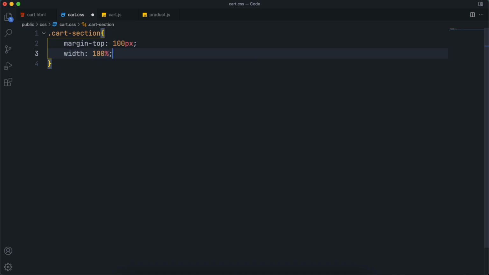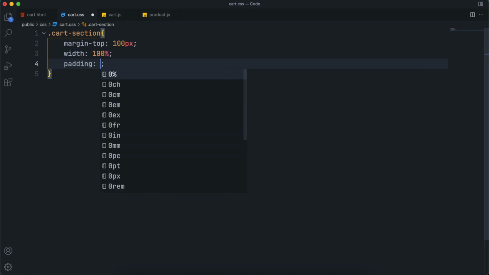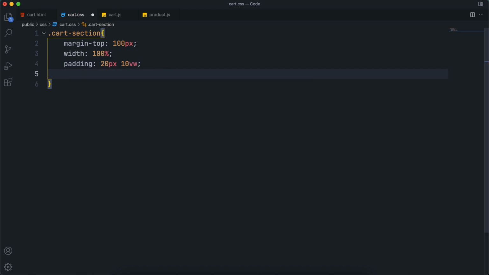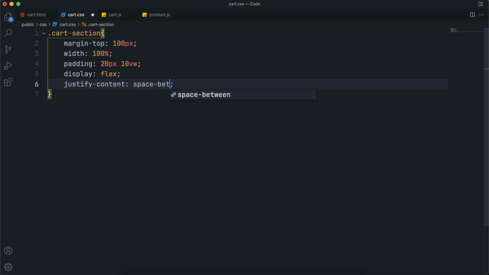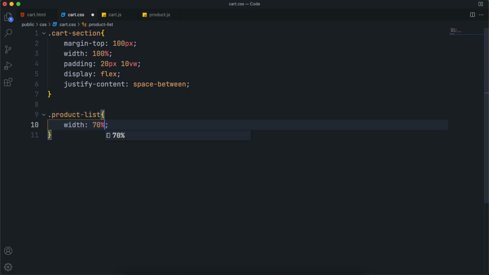Now give it a width of 100% so it will cover the screen, and add some padding to it, let's say 20 pixels from top and bottom along with 10 VW from left and right. Also give it display flex so it will make the product list and checkout section side by side, and set its justify content to space between. Now product list, select the product list element and give its width to 70%.